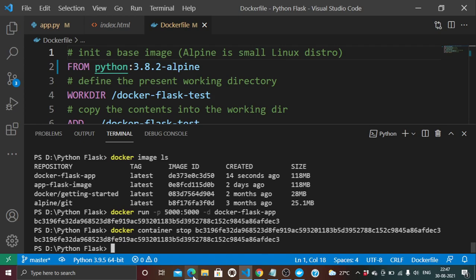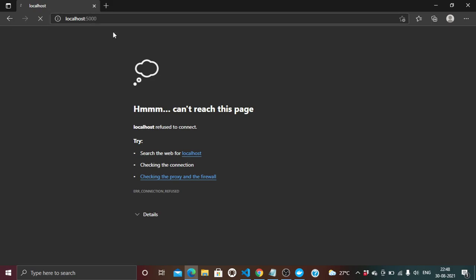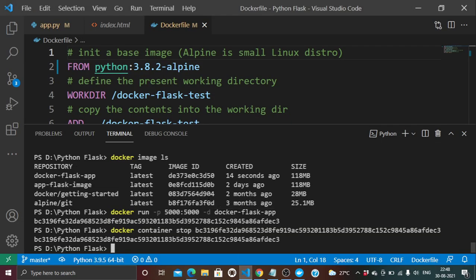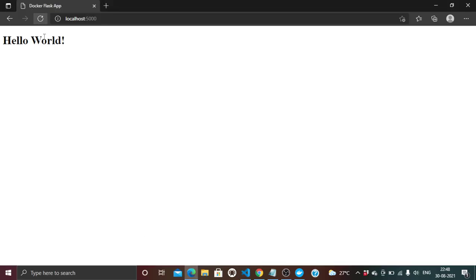If we go back and reload our web application, it's not running. We can run it again. We'll reload it. Yeah, it's available.